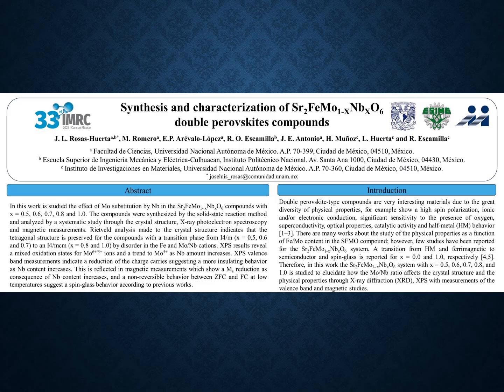Perovskite-type compounds are very interesting due to their diverse properties, such as magnetism, spin polarization, optics, mixed electronic-ionic conductors, and others. In particular, the Sr2FeMoO6 compound exhibits a transition from a half-metal ferromagnetic to an antiferromagnetic and semiconductor behavior when molybdenum is completely replaced by niobium. Therefore, this study will examine the influence of introducing niobium at the molybdenum sites, looking for the modulation of these